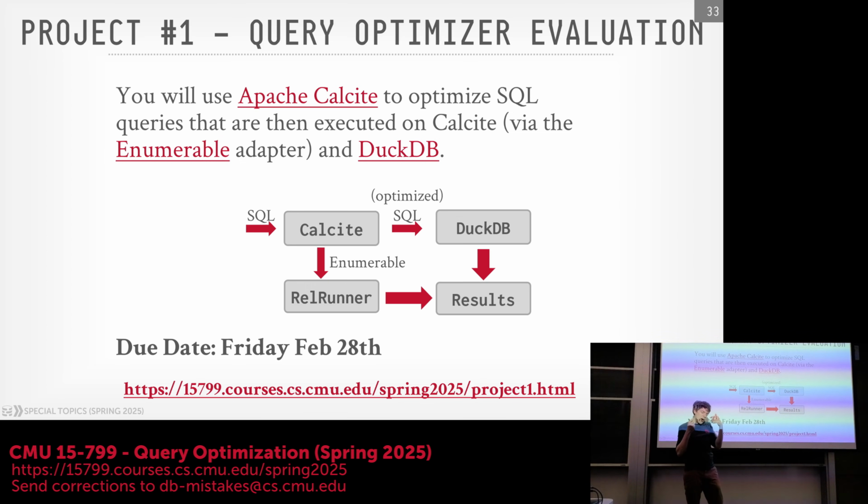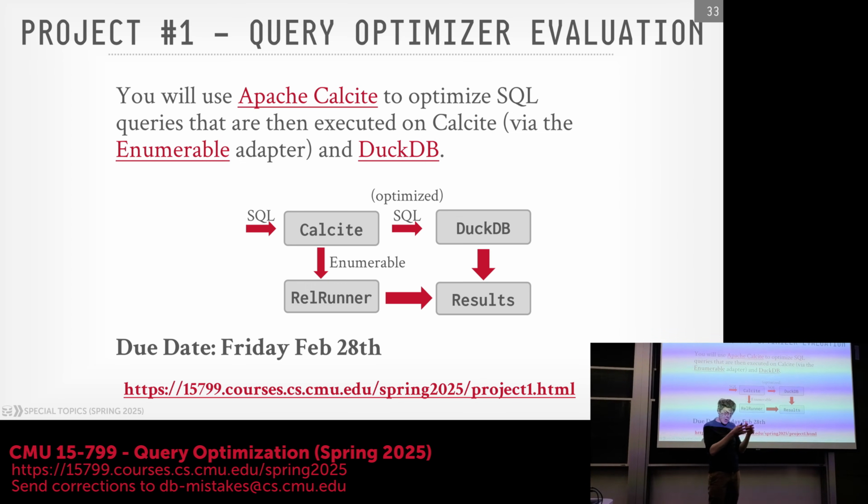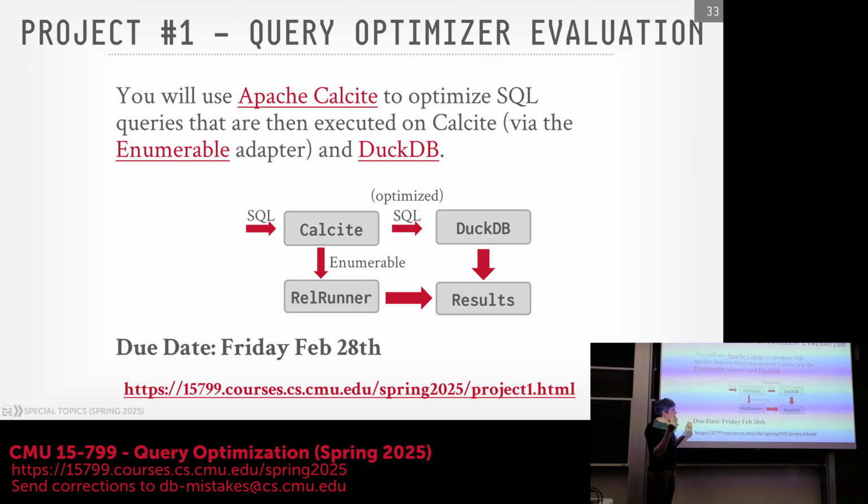But there was a project called LucidDB out of Europe. It was a startup that failed. And then for whatever reason, they took out the query optimizer they built in LucidDB and made it an open source thing called Calcite. So the idea for you is you start playing with some of the rules you can use in Calcite to take SQL queries and see how the transformation rules that they apply to them can